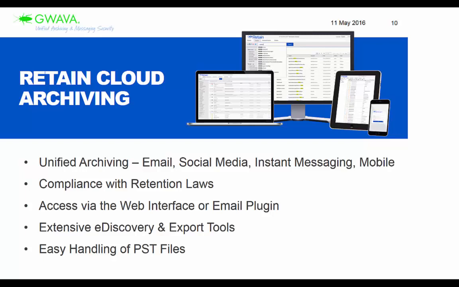We integrate with the firewall, and so it pulls that information down as it's coming across. What's really cool with Retain Social in particular is that the social media and the instant messaging messages are pushed through the Retain Social proxy so that now Retain can monitor and filter those messages. So if there's messages that are inappropriate, that violate company policy, Retain can block them from ever being posted, and then can alert someone that someone tried to post them, and then it archives them as well. So now as your users are accessing social media on the network, you have that oversight, and you have the ability to monitor, filter, and archive.